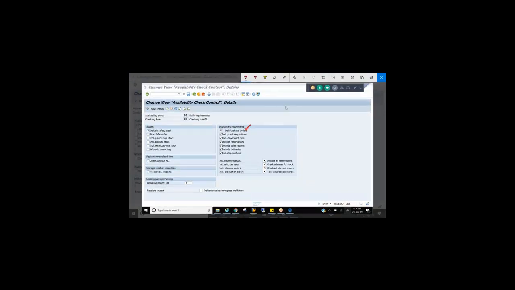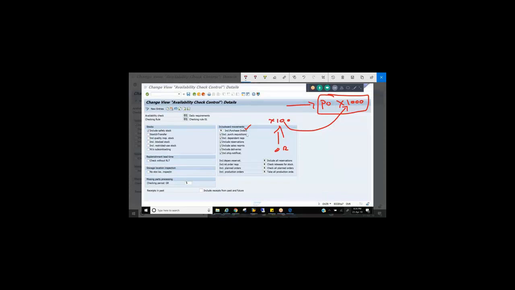That means my business has raised a purchase order to a vendor for X material, 1000 quantity. In the meantime, I received a sales order for X material, 100 quantity. So whether you want to perform availability check against this purchase order, you activate this. Include purchase orders. That means when you are doing availability check, you also do availability check against purchase orders, because you sent the purchase orders, but you are expecting the stock inside the plant, right?